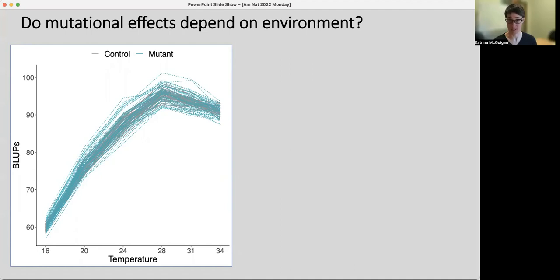regression approaches. And what we're particularly interested in when we started this experiment is trying to understand whether or not the effects of mutations might result in more or less mutational variance in certain environments. And so what we did instead was focus predominantly on what is a character state approach, where we were estimating the mutational variances in each temperature and the covariance between temperatures, effectively treating temperature as an independent trait. So from that, we get the 6x6 mutational variance covariance matrix.